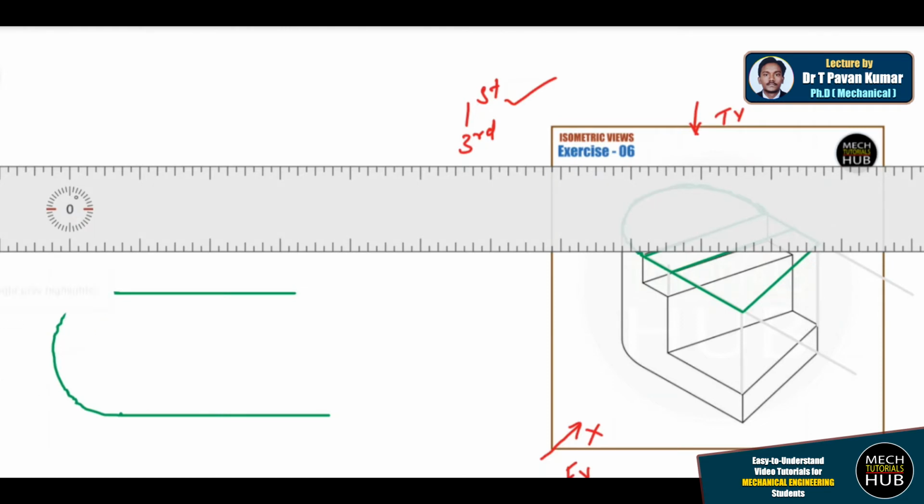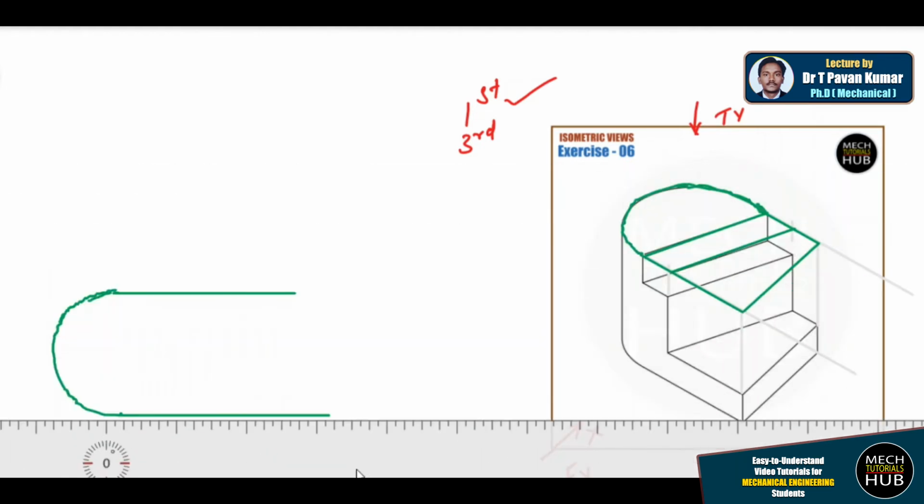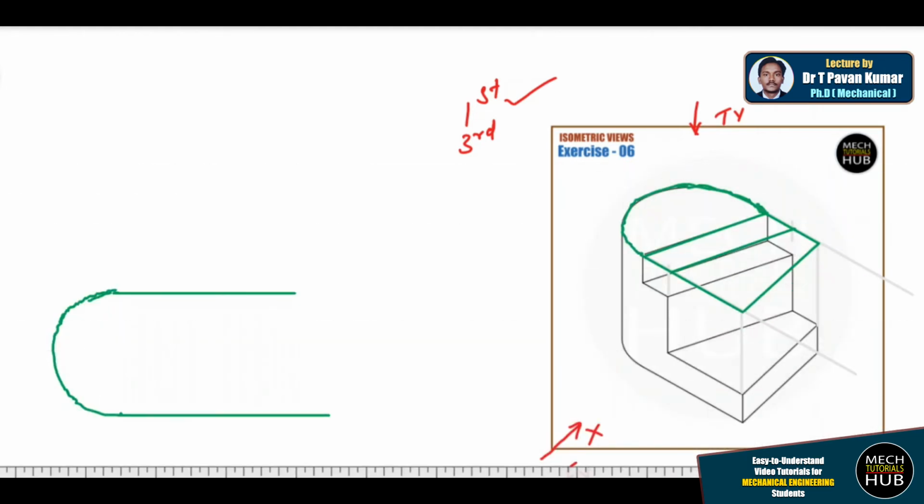This is okay. I'll just continue. This is fine, almost I got it. Then I need to draw. Let me erase this line there. It is going with a big extension,